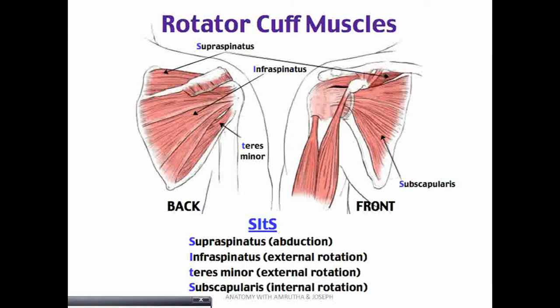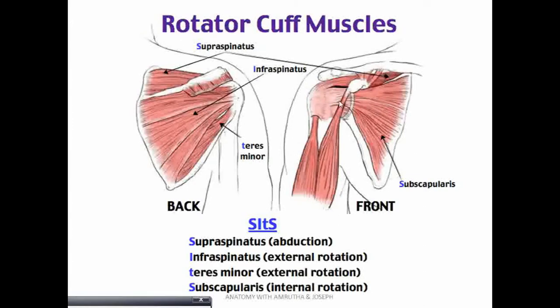As I said, there are some ligaments supporting it, and there is a group of muscles which covers the shoulder joint from all around: anteriorly, posteriorly, superiorly. Inferiorly it is not covered, but otherwise the shoulder joint is covered by muscles all around. These muscles are supraspinatus, infraspinatus, teres minor, and subscapularis from the front. Supraspinatus is placed superiorly, infraspinatus posteriorly, teres minor also posteriorly, and subscapularis anteriorly.